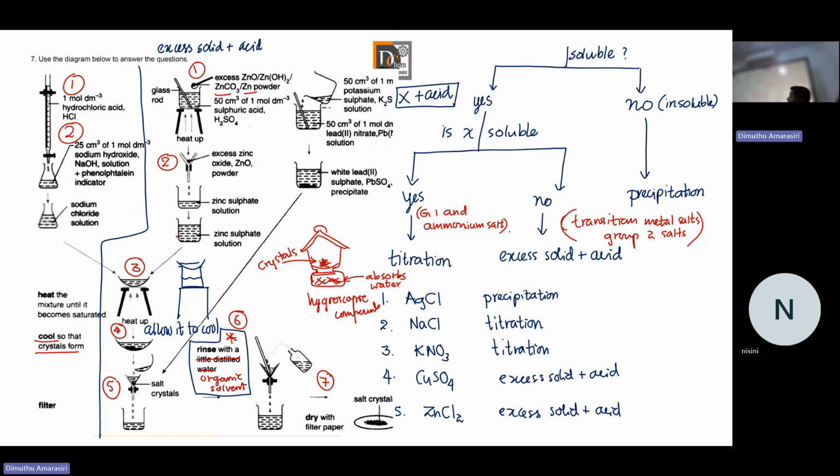And that's the first step. Excess zinc oxide is added little by little to sulfuric acid. Better mention the volume. And you're warming it up, because sometimes the reaction requires a little bit of heating. And then excess zinc oxide is filtered, taken into a filter paper, that you are going to discard. And you have zinc sulfate solution.